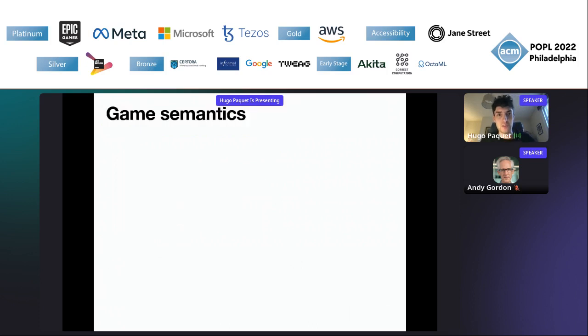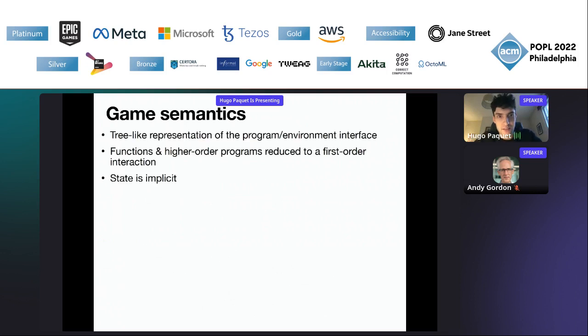Okay, let me move on to the main topic of the talk, which is game semantics. So I'll start with game semantics in general, and then I'll move on to the more recent work on randomized game semantics. Game semantics is a kind of denotational semantics, so we're interested in a mathematical representation of programs. And the basic idea is that each program is represented a bit like a tree, where the tree represents the